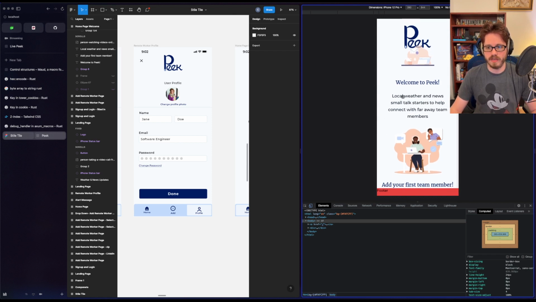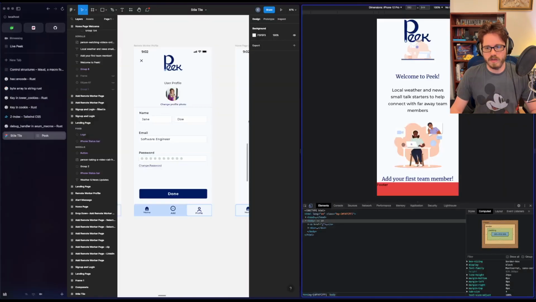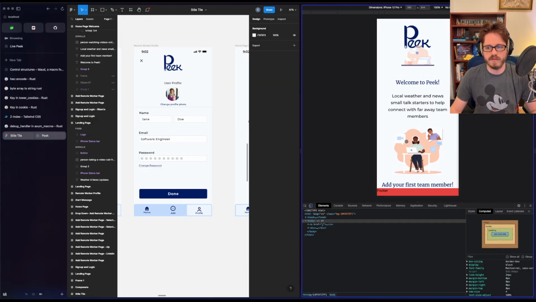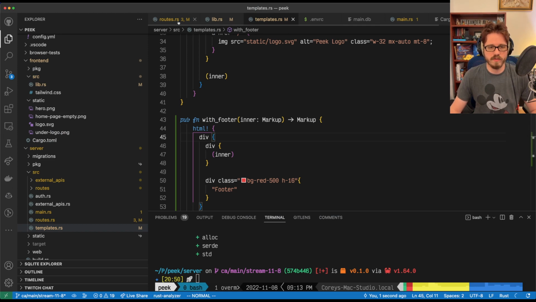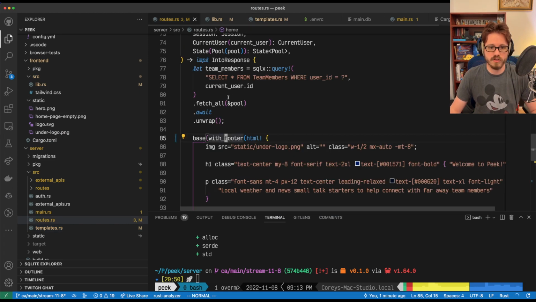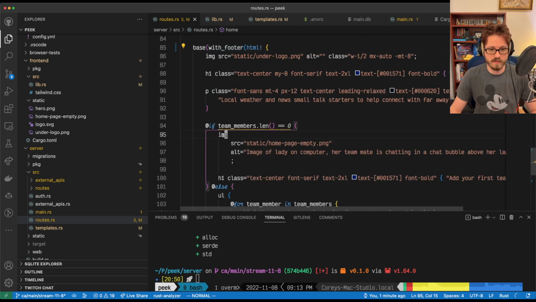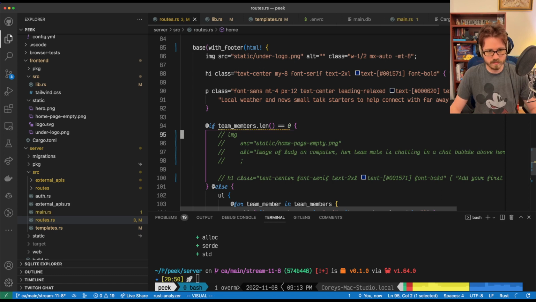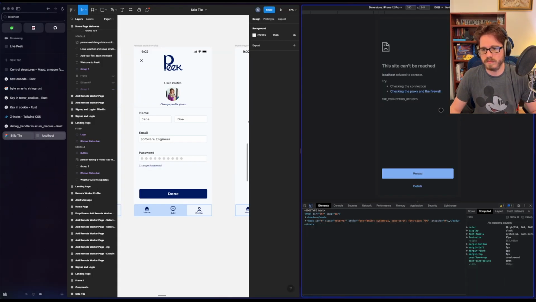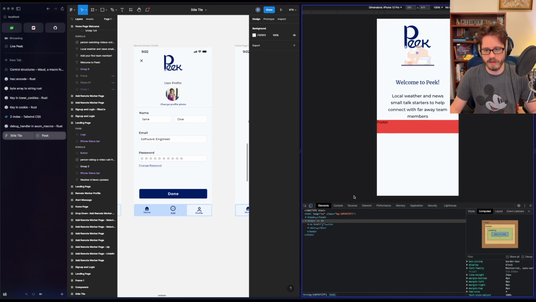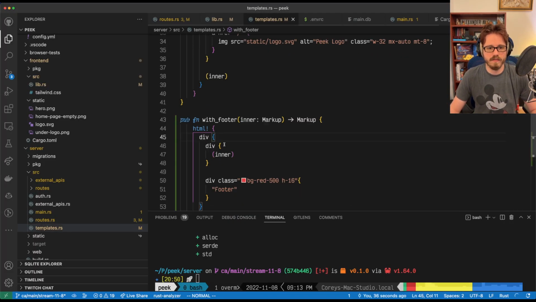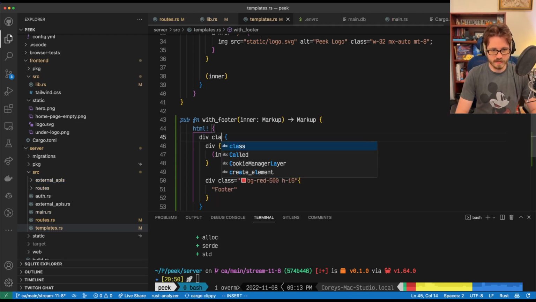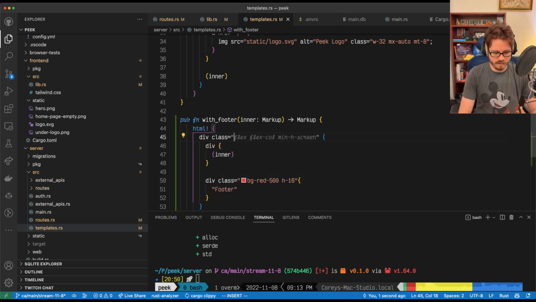But the other thing is there's also what happens when this page is smaller. So let me mimic that by making the page smaller by just getting rid of stuff. There we go. Okay. And because now it gives me a place to mess with the template things here. So this one wants to have a class of min height screen,